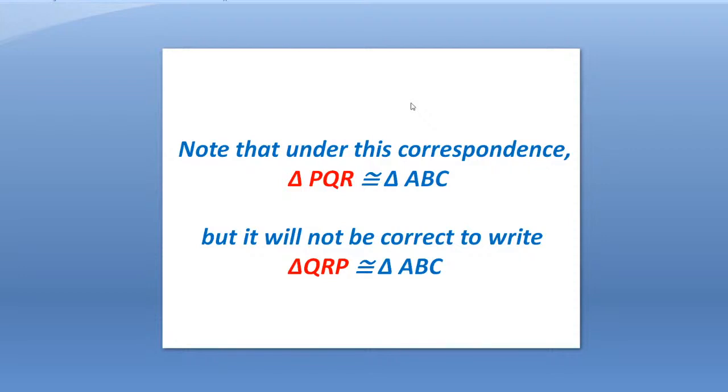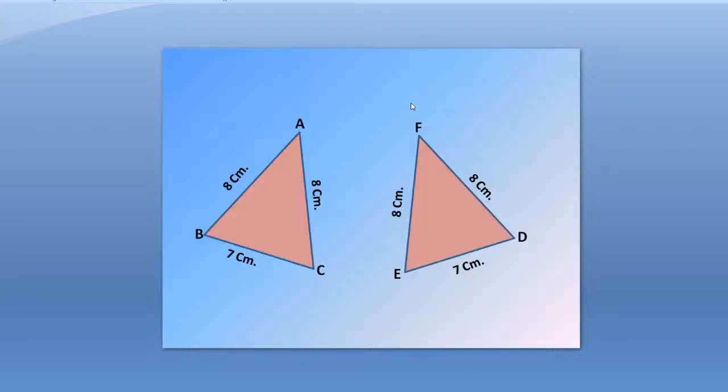Note that this is very important. See here, note that under this correspondence, triangle PQR is congruent to triangle ABC, but it will not be correct to write triangle QRP congruent to triangle ABC. Why? See these both triangles, triangle ABC and triangle